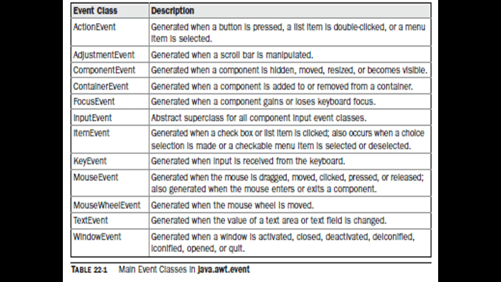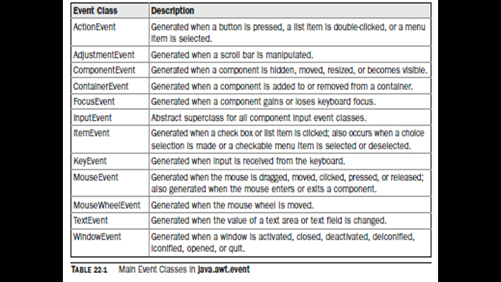InputEvent is an abstract superclass for all component input event classes. ItemEvent is generated when a checkbox or a list item is clicked. It also occurs when a choice selection is made or a checkable menu item is selected or deselected. KeyEvent is generated when input is received from the keyboard.